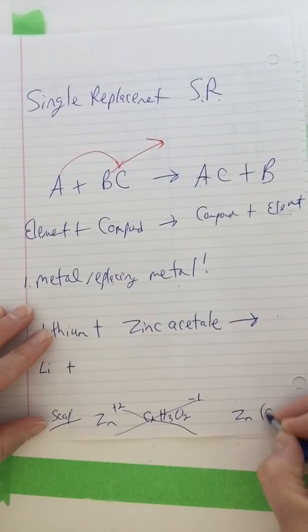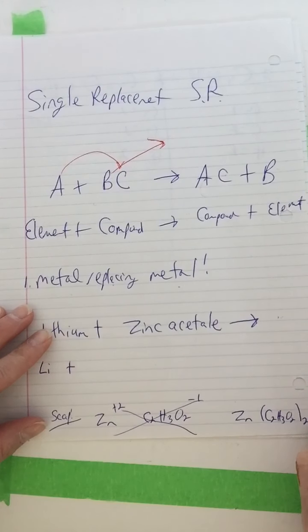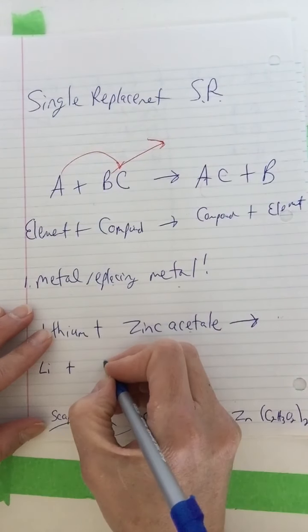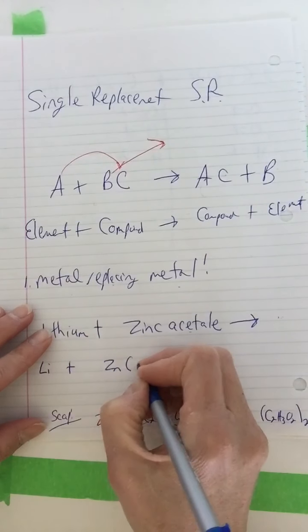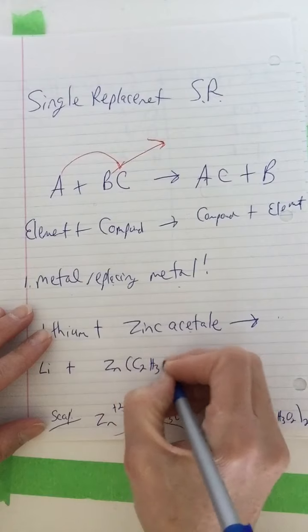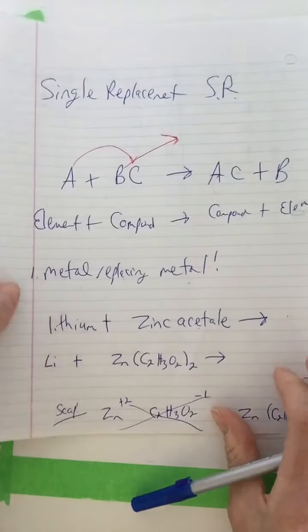Zn, open the bracket, C2H3O2, close the bracket 2. So that's what zinc acetate looks like. Zn, open the bracket, C2H3O2, close the bracket 2. What is this going to look like? Well,